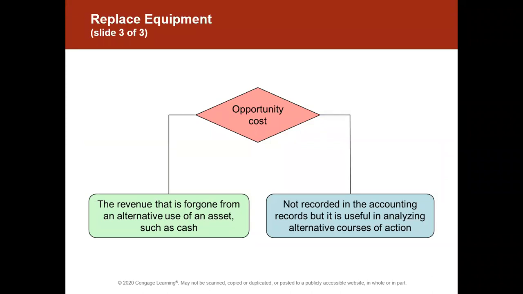So one term you'll be introduced to in this chapter, which you probably were actually introduced to in an econ class, is opportunity cost. An opportunity cost is simply the cost of making a decision, right? What you're losing out on by doing it one way rather than another. So in this case, the revenue that's foregone from an alternative, such as an asset or cash, would be an opportunity cost of getting rid of that asset. It's not recorded in accounting a lot of times,